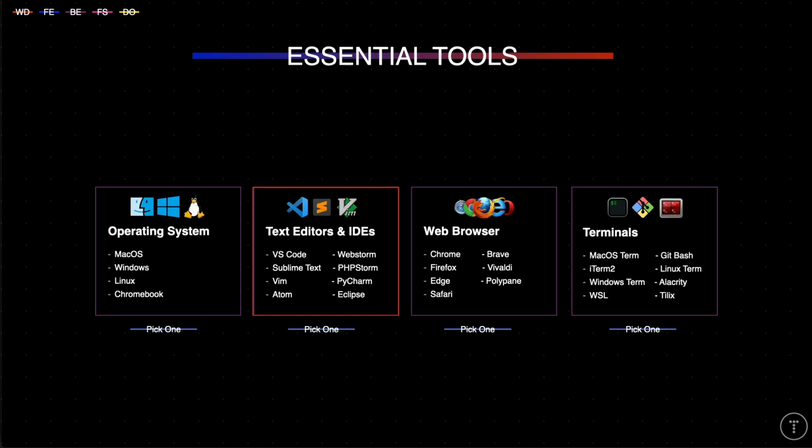Some other options are Sublime Text, which technically isn't free, but it has a trial that never ends. If you do use it for a long time, I would suggest paying for it. There's Atom, which is free and open source. Vim is also pretty popular. It's a bit more advanced than the others. It has quite a learning curve, but it's very powerful, and the people that use it swear by it. And you don't really have to use your mouse at all, so you can be very, very efficient and fast